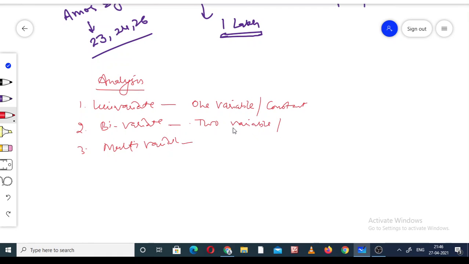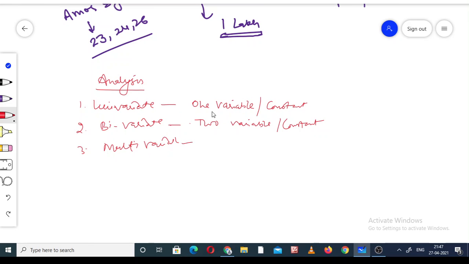We will discuss later, in a separate video, how all these work. So we take one example and discuss the objectives. When we prepare our objective, on the basis of the objective, a researcher can find out which method and which statistical tools will be used. So it depends on the number of variables and the number of constants.